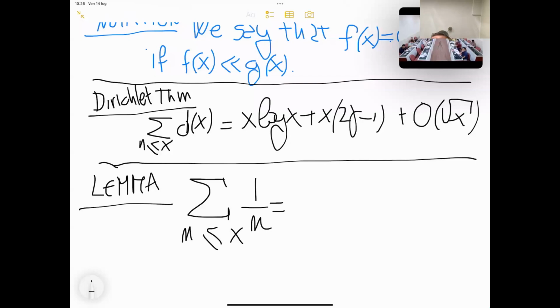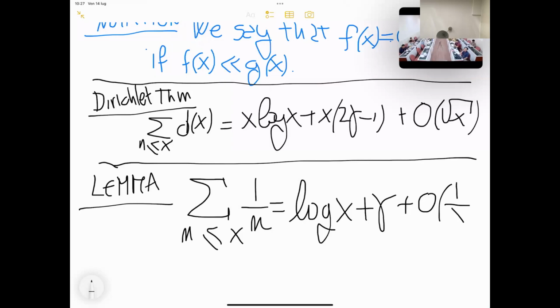We know that this is the truncated harmonic series, and we all know from our first or second year calculus that this series diverges. But what this lemma is telling us is how it diverges. So it diverges in the following way, as log x plus gamma, and then there is an error term, and this error term tends to 0 as 1 over x,